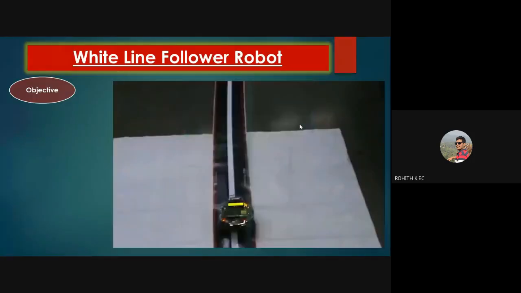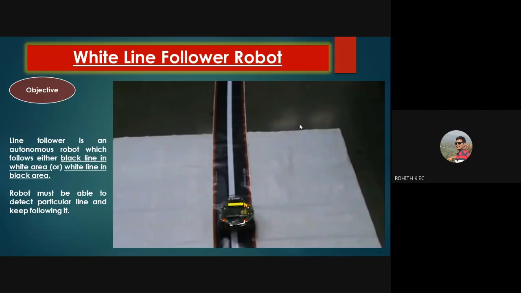Okay. So here the objective of line follower robot is to propagate in this particular track that we have. You can see here in the center we have white color, and on the left side and right side we have black color. So a line follower robot is basically an autonomous robot which either follows black line or white line.